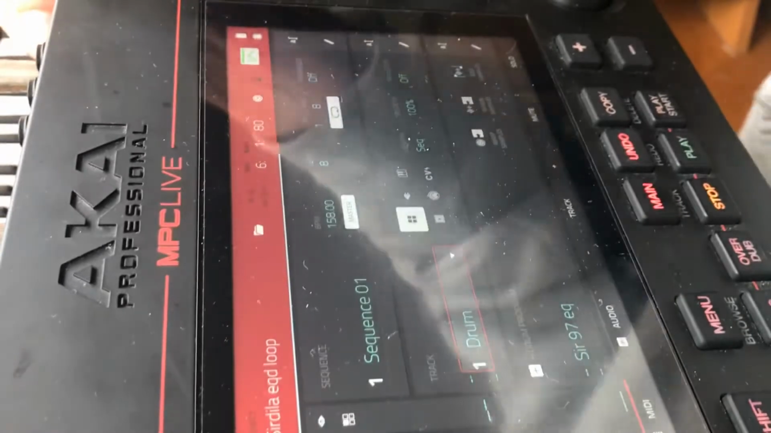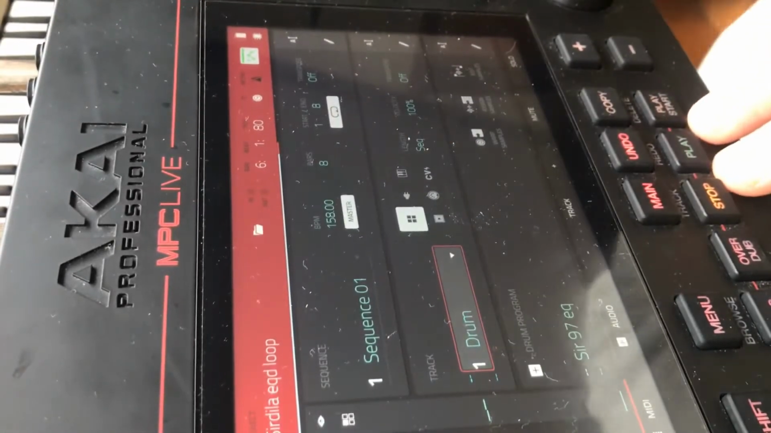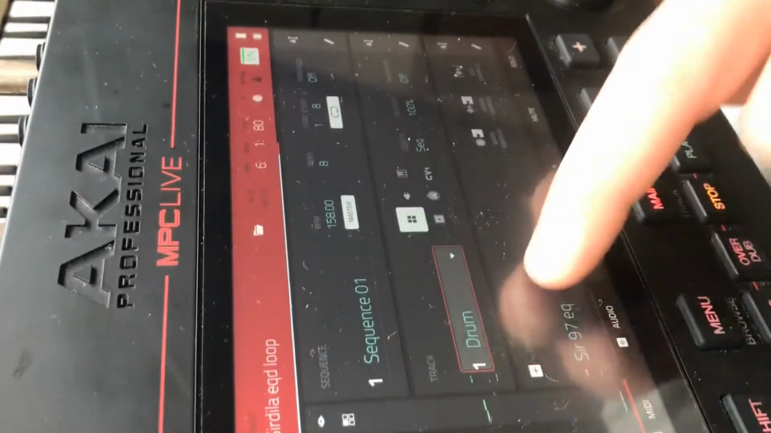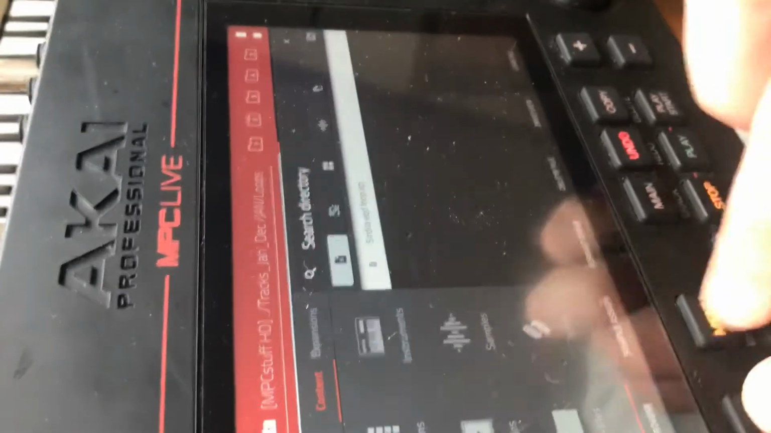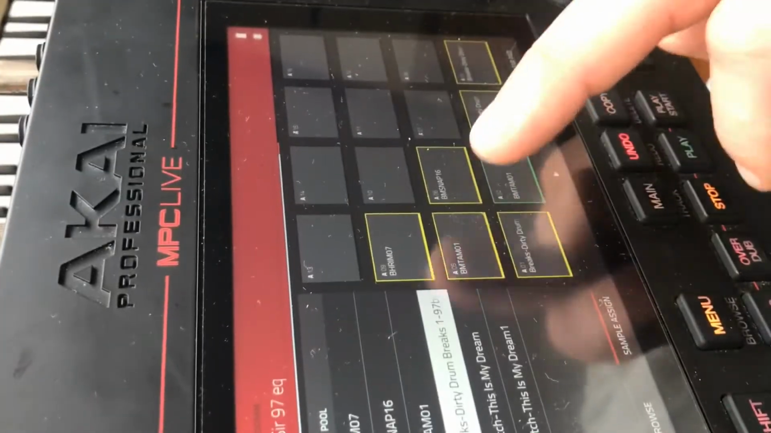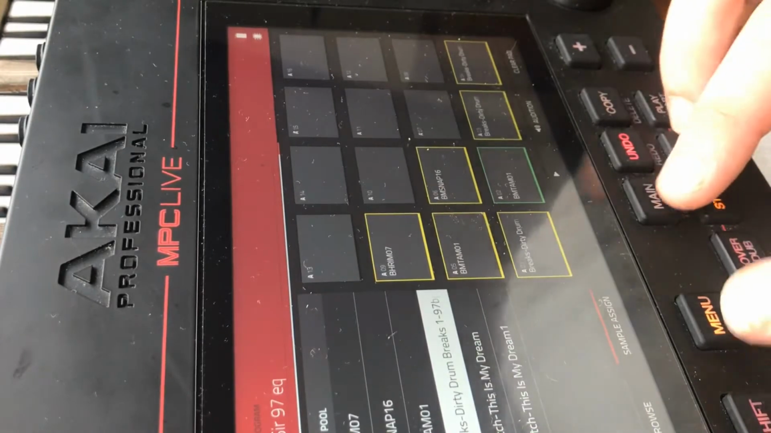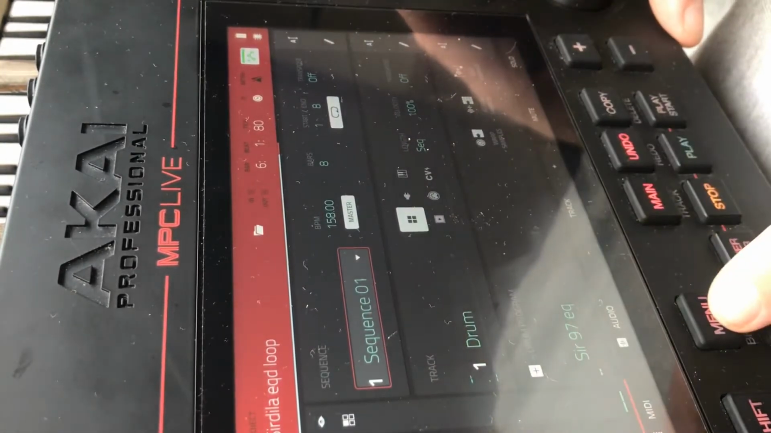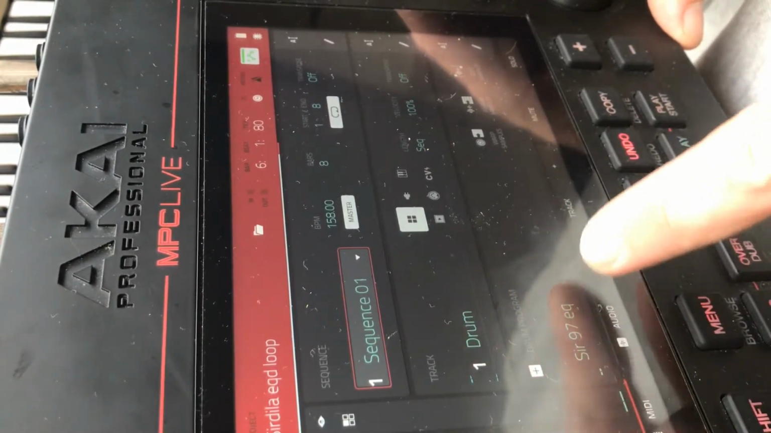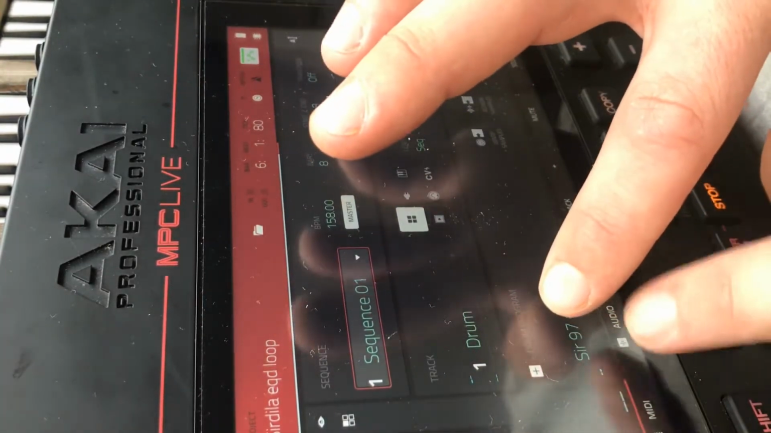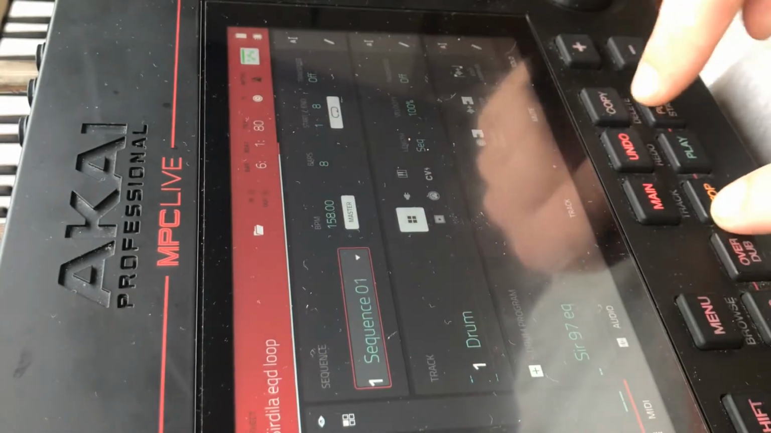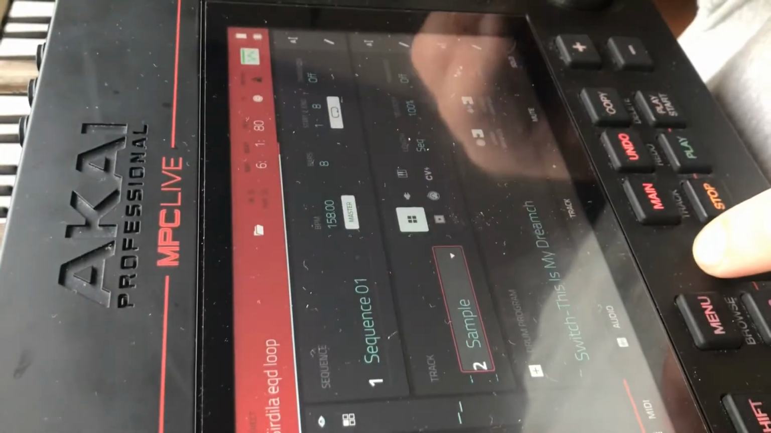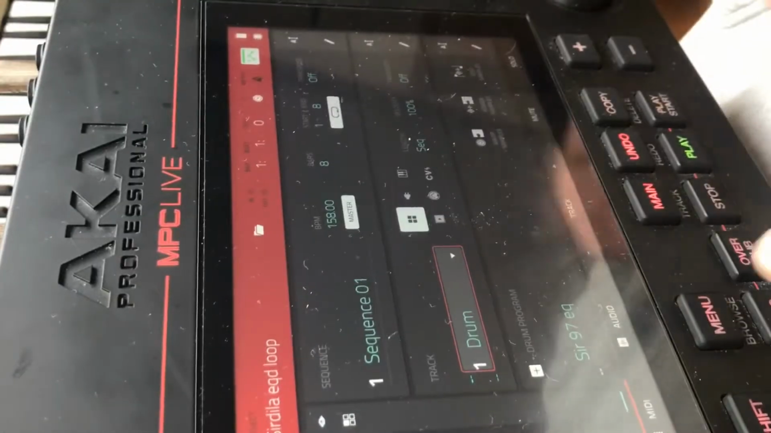I usually have all my drums in one program, which is this kit here. If we go to the browser, you can see it's full of all those. I'll build my drum loop first, and then on track 2, so all my drum samples are in this drum program, and then I'll get my loop running. So once I've got this drum track running,